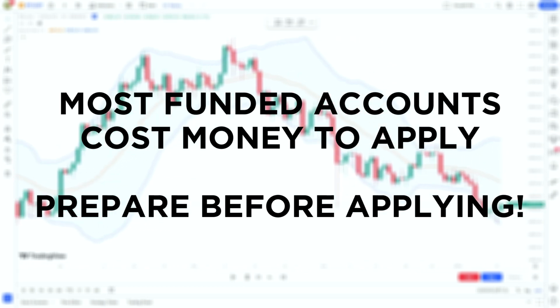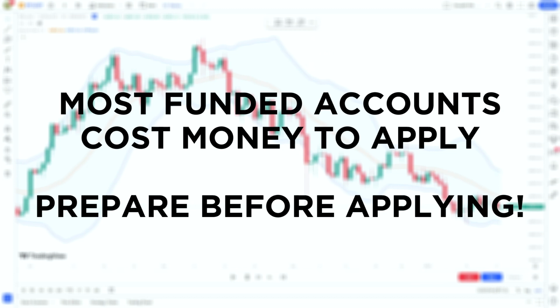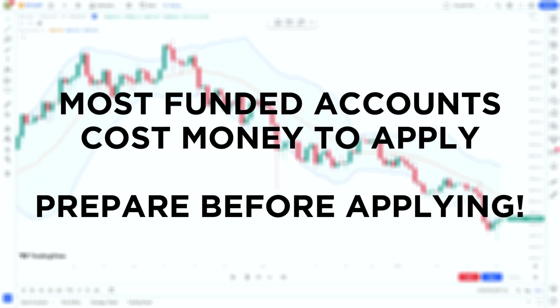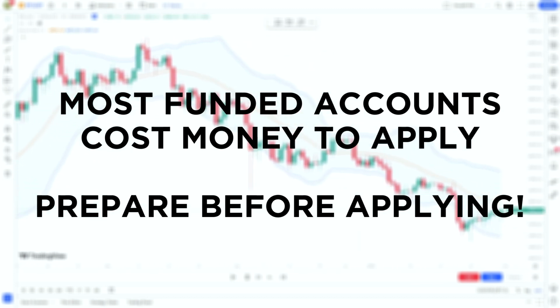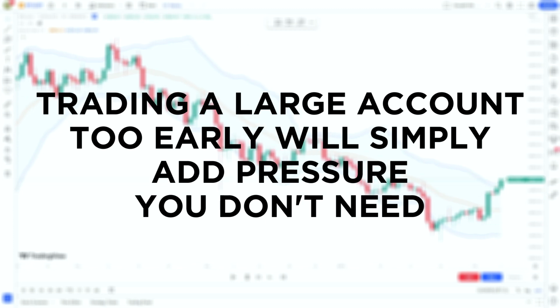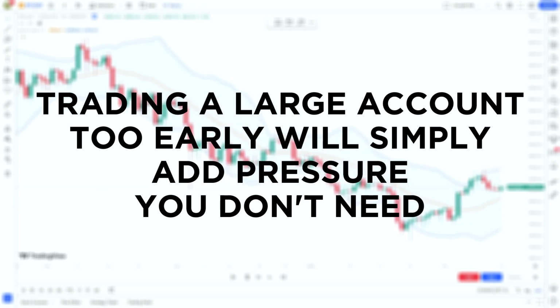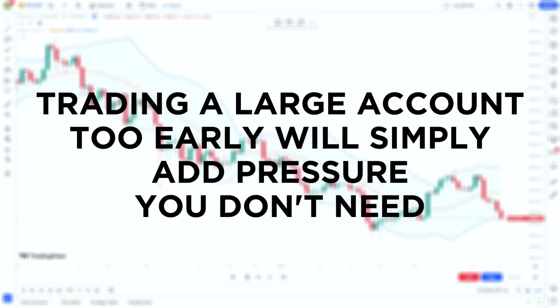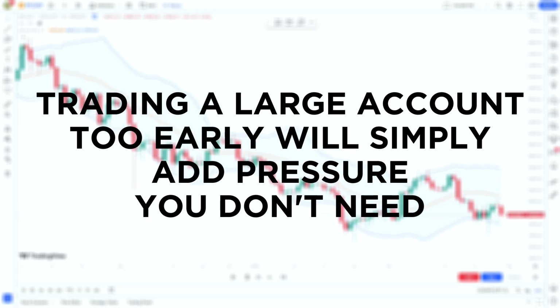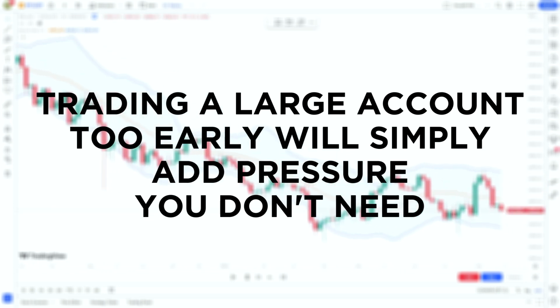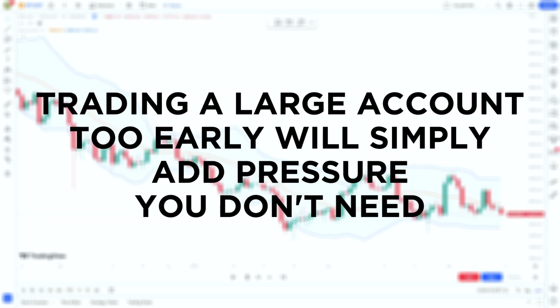It's no use just rolling the dice and going, I'm just going to take one now. We need to do preparation for these kind of things. In the same way as if you're trading with a larger account, you'll have heard people say, if you can't trade with £1,000, you can't trade with £100,000. And that's true. The emotions are just going to increase as your account gets larger and larger,